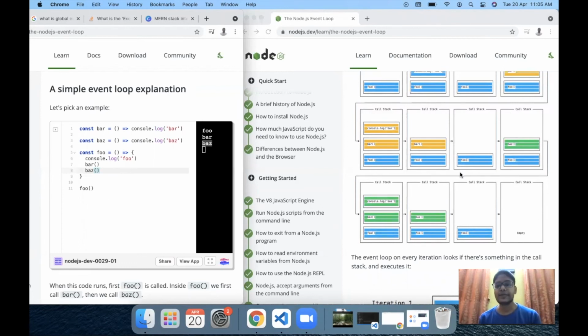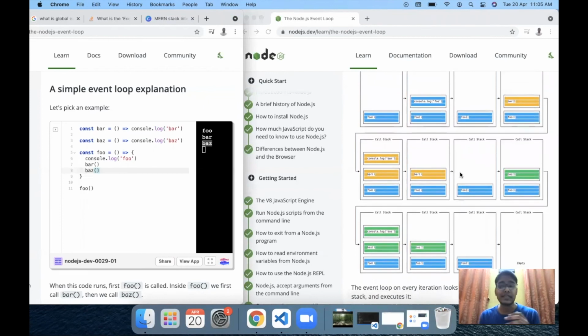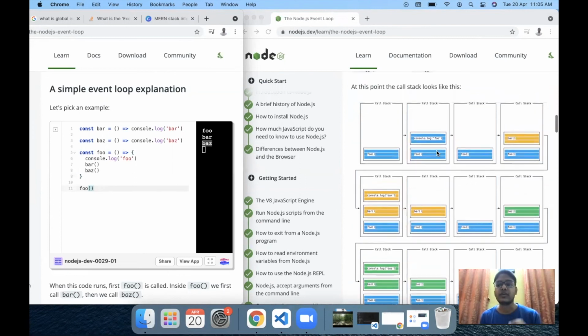Now, all these steps which we saw right now seem to be a lot of steps, right? But we need to understand that JavaScript is incredibly fast, and all these function calls which we just saw will be executed in a matter of milliseconds, not even seconds, but milliseconds. And that is why we say that JavaScript is incredibly fast. And that is one of the reasons why frameworks like Node.js are so fast and so performant with a lesser amount of resources, because the call stack is really fast in JavaScript and it is able to execute this kind of code in a matter of milliseconds.